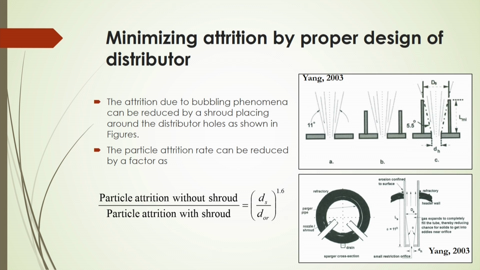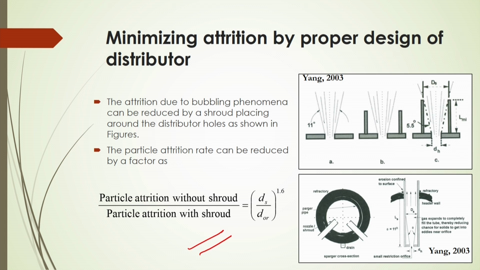Making shrouds reduces the attrition, and around the distributor holes these shrouds will be given, and then the particle attrition rate can be reduced by this shroud provision in such a way that